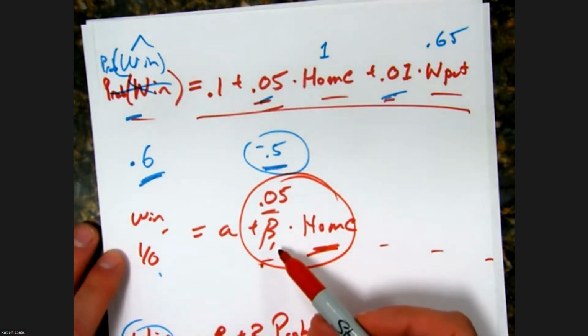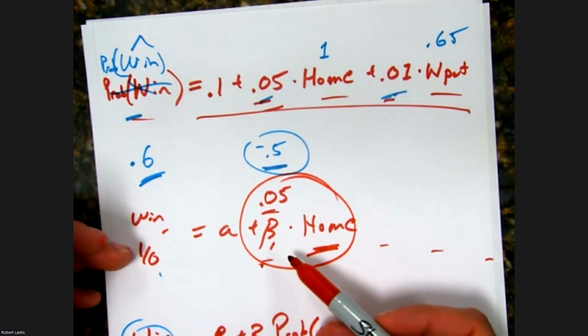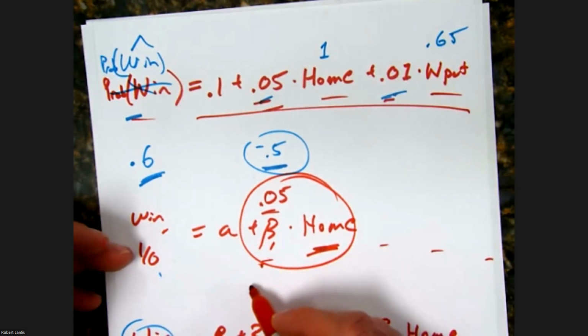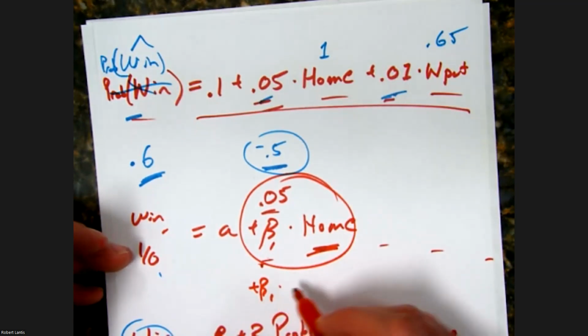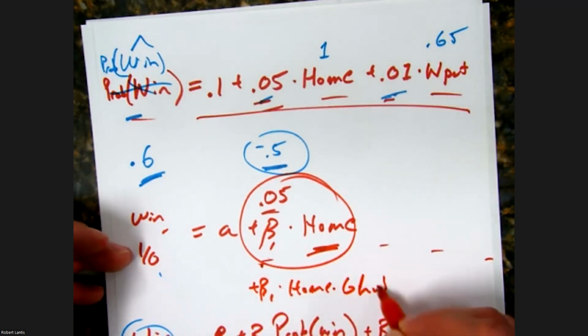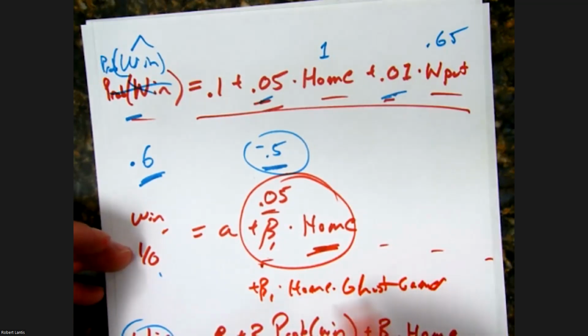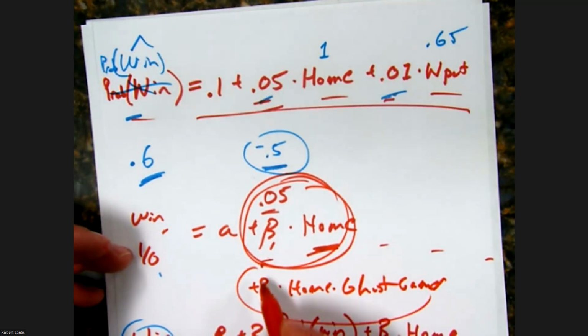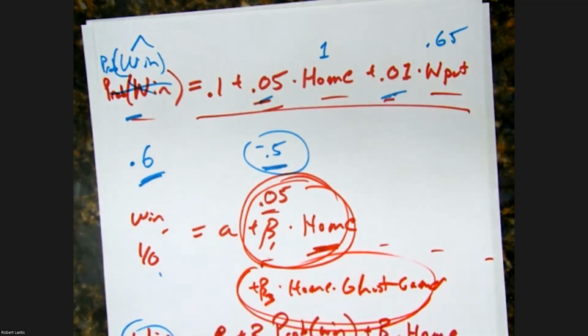And then if you're running this for the probability of winning for home teams, and you are interested in something like how that varies with these ghost games, well, if that's part of your question, then yeah, you should probably interpret this, and I should have written this as B, there we go, different, and interpret that, right? But at the very least, interpreting that main variable of interest that you have.